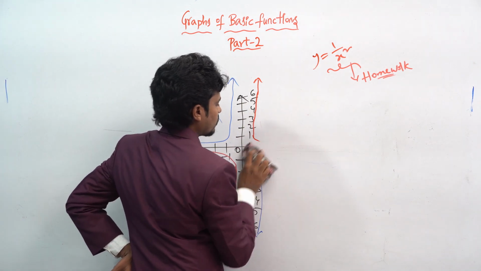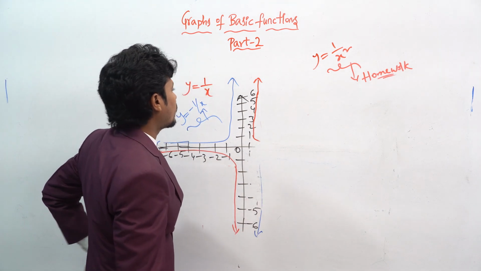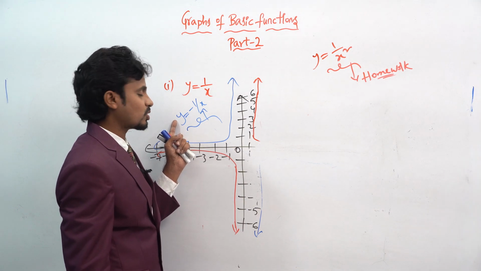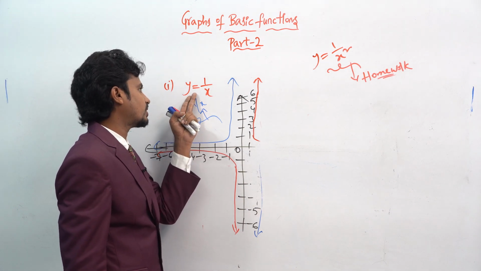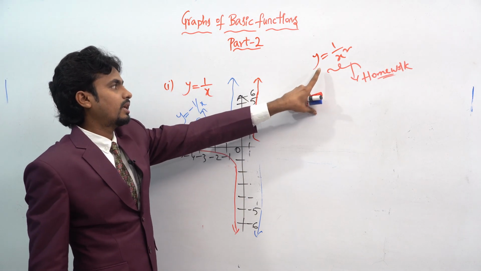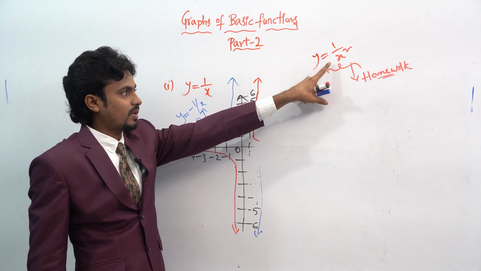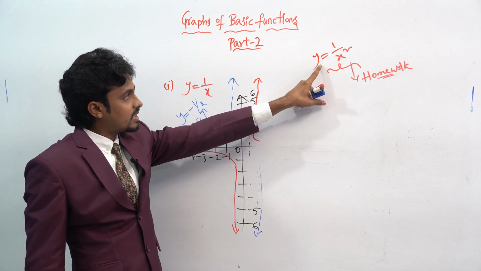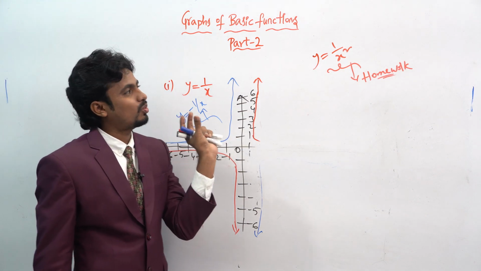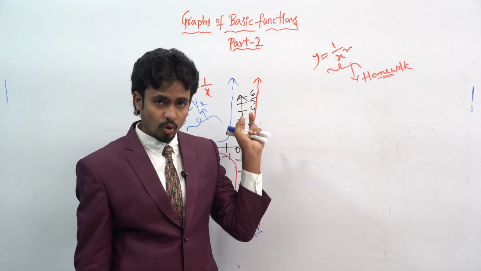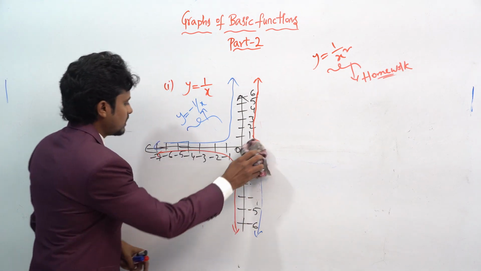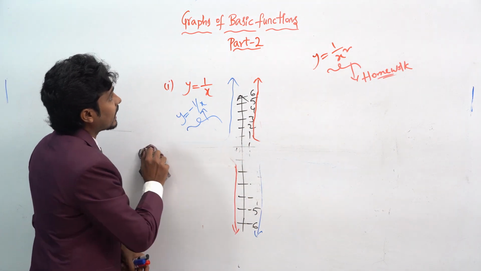So from here you can observe one thing. If you get to know the plot y is equal to 1 by x, the plot y is equal to minus 1 divided by x is not an issue. That means if you get the function for one plot, the other function is not an issue. For example, if you get the y is equal to 1 divided by x square plot, the y is equal to minus 1 divided by x square plot is not an issue. That means you have to change the coordinates, right? The remaining coordinates will take negative values. Okay, in that way, you can easily find the graphs of the basic functions.